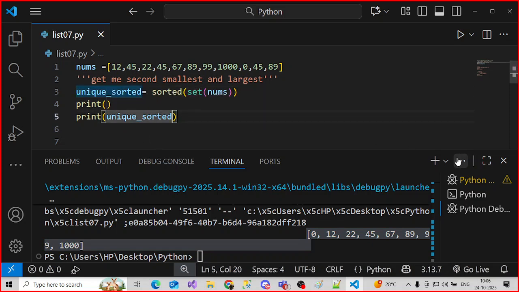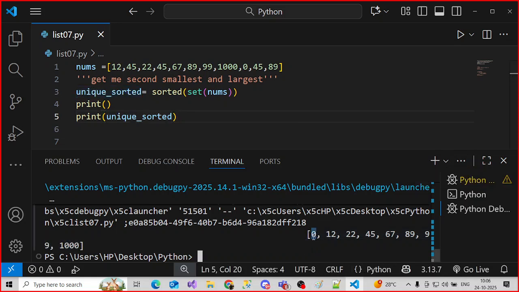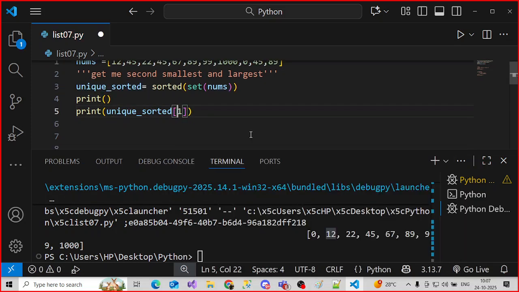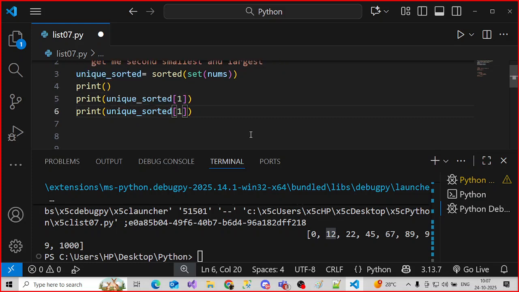So I want the smallest value. So what is the position of 0? Zero is at position 0, but I am trying to get the second smallest, correct? Yes. So how can I get it? The first position. Yes, I can get it this way. Now tell me, if I am trying to get the second largest,